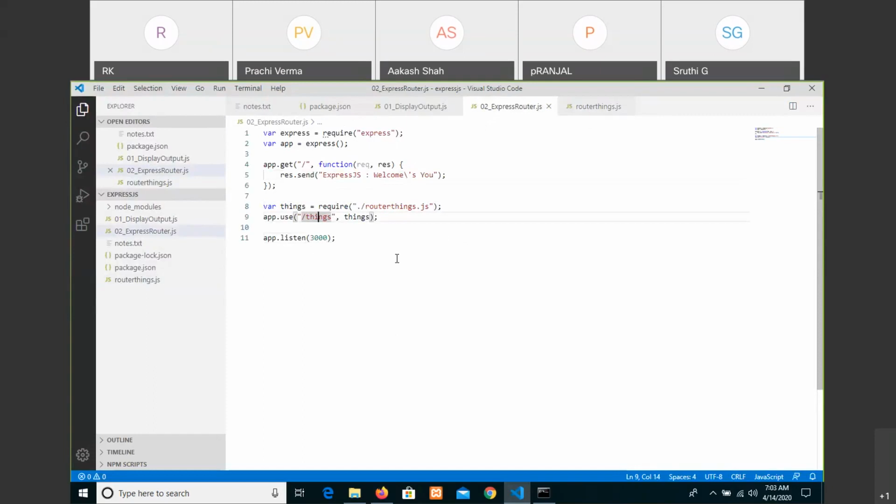So the overall statement is you can also give a functionality somewhere else. That functionality can be connected to the given URL by writing the use built-in method. That is the meaning of this statement.